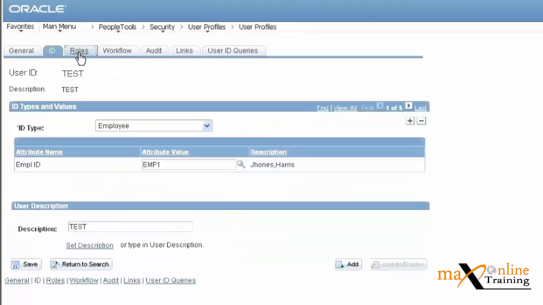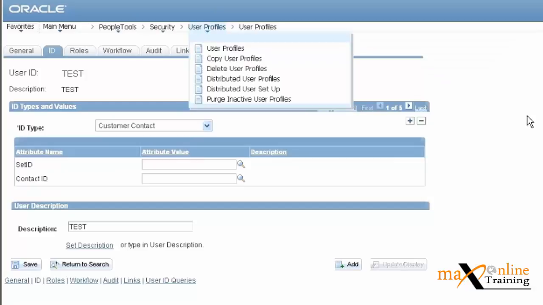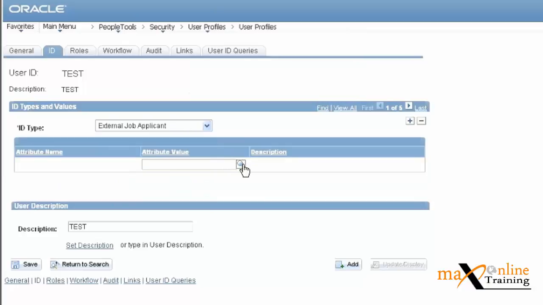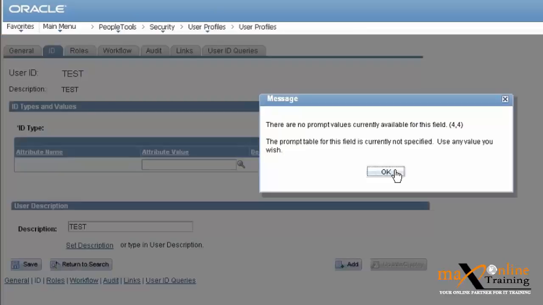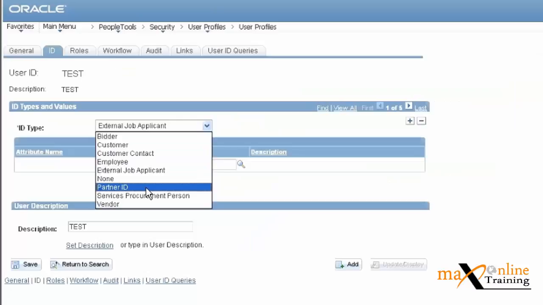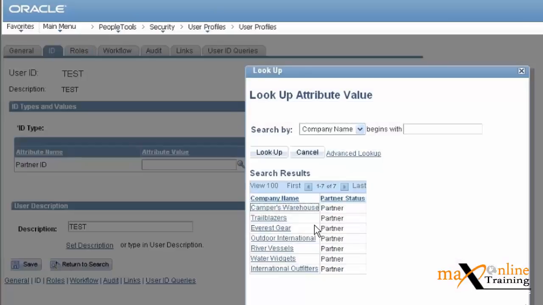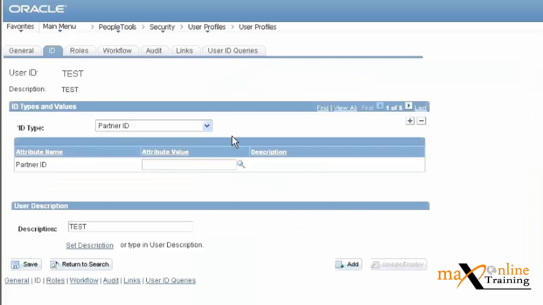Now we have the roles. Usually in employee,